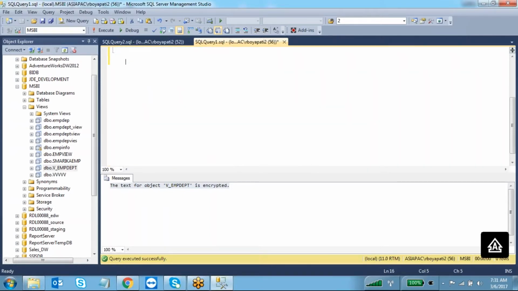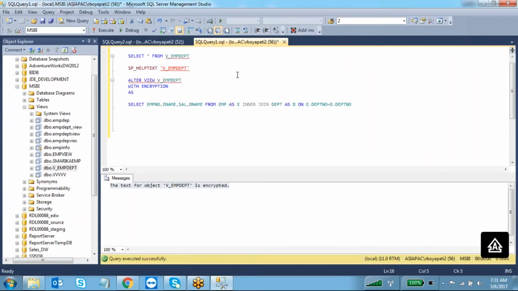So the next situation is, whatever the tables you are using inside this view, if someone is trying to drop this table, so what happens to this view?